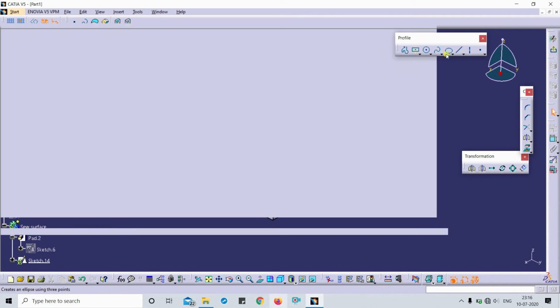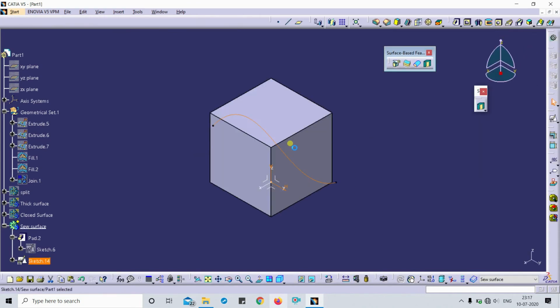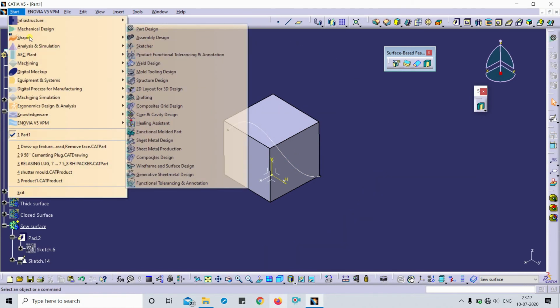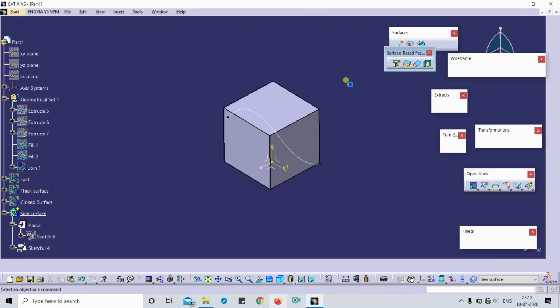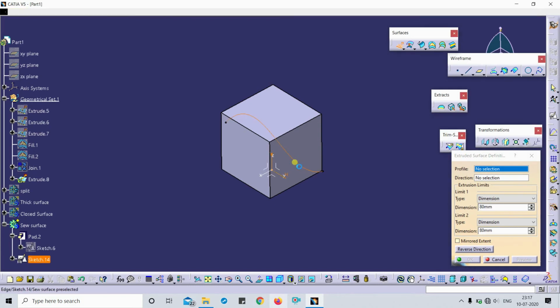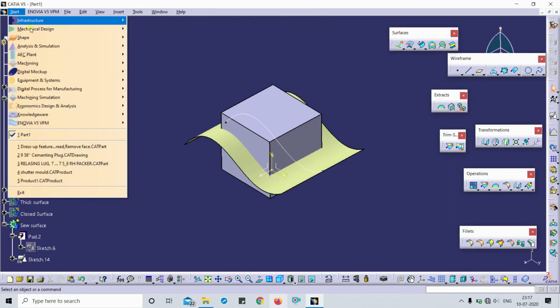After that I have to switch to generative shape design and extrude the spline. After that switch to mechanical design, part design. So defining work object.